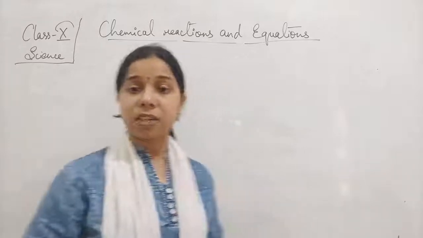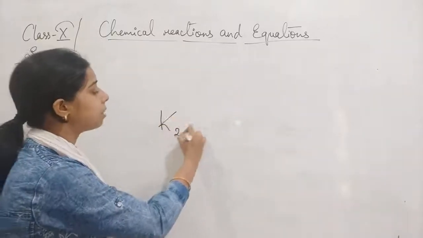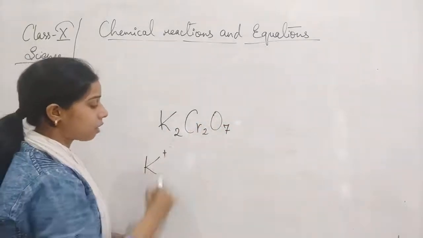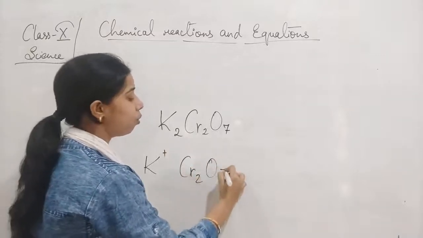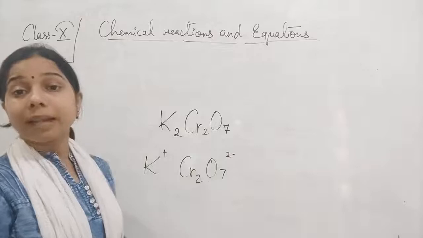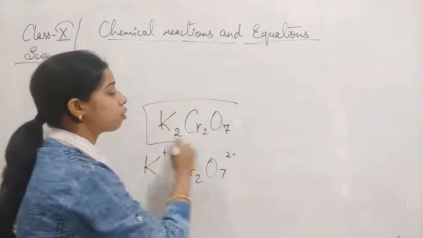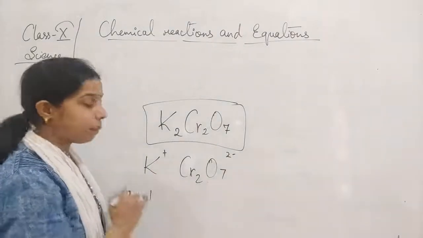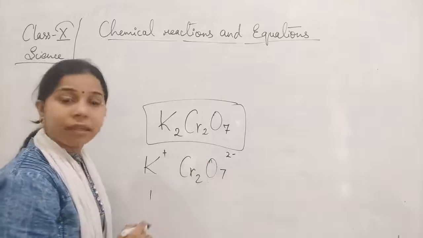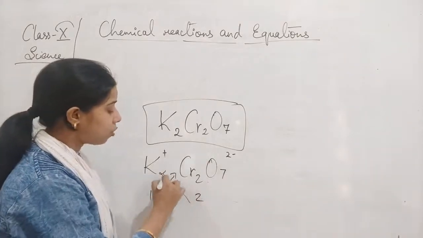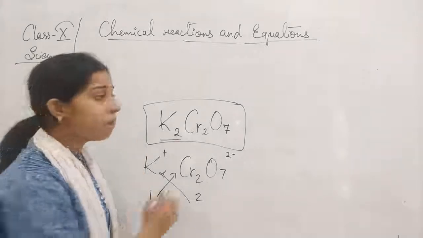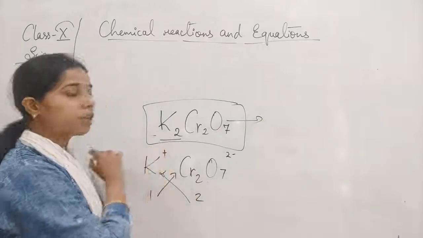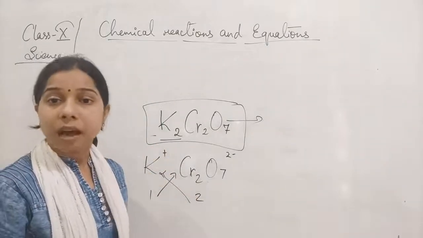The same thing happens with potassium dichromate. The formula of potassium dichromate is K2Cr2O7. Here K is a plus charge, students, and Cr2O7, that is the dichromate, is -2, and because of that this compound is formed. You know that if it is a plus charge, the valency will be 1, and if it is a minus charge, the valency will be 2. When they crisscross each other, the formula is formed, that is K2Cr2O7. This is the dichromate, and this is potassium. So we say potassium dichromate.